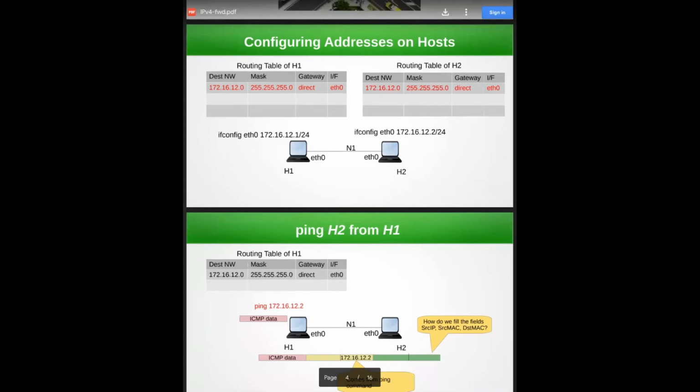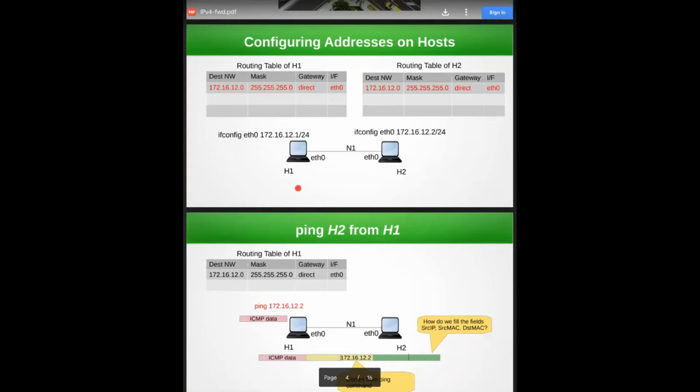So there is something called a routing table in every machine, right? Yes. Whether it is a host or a router, you have what is called a routing or a forwarding table. Okay, they are both used interchangeably, not by professional networking people, but for learners, we can say both are used interchangeably.